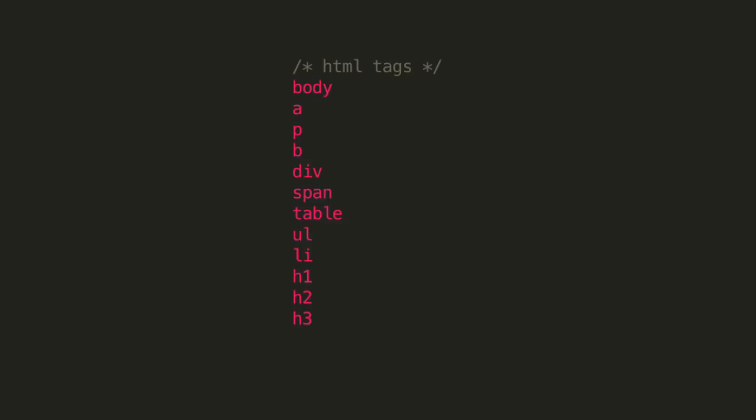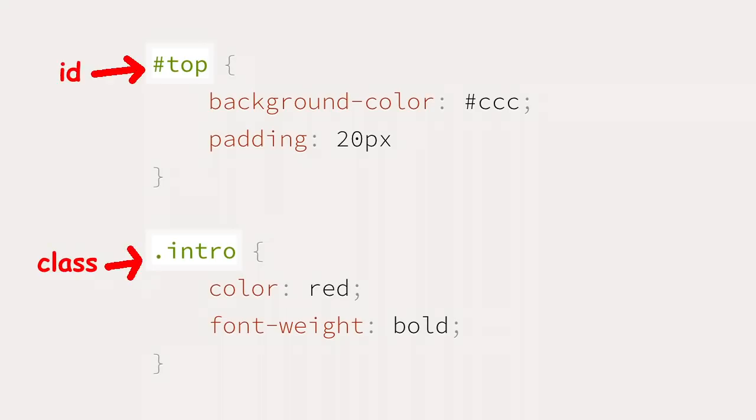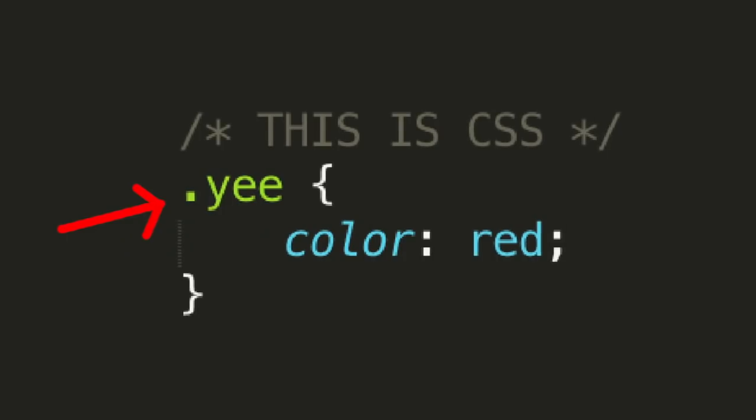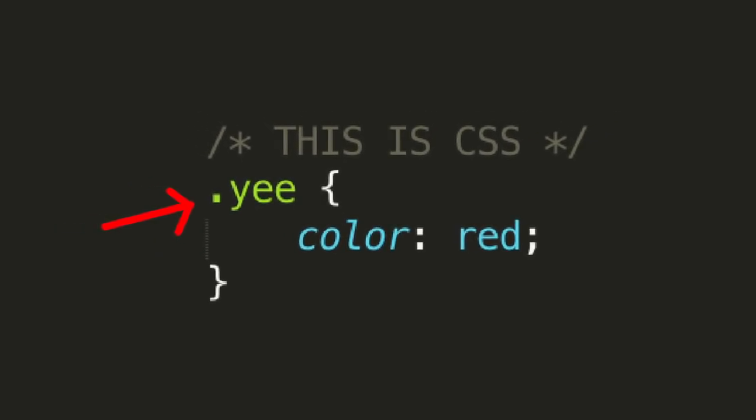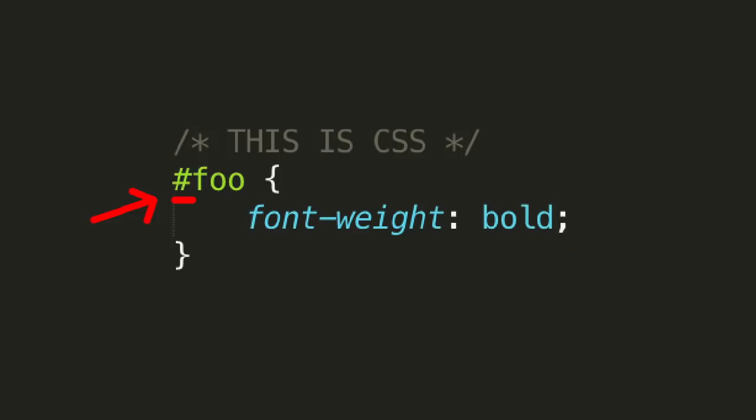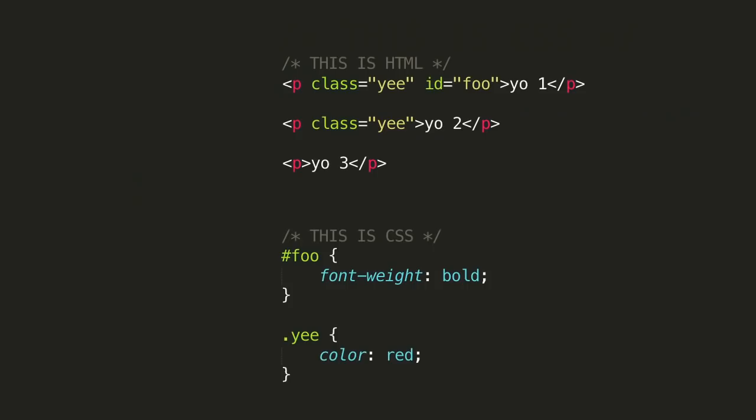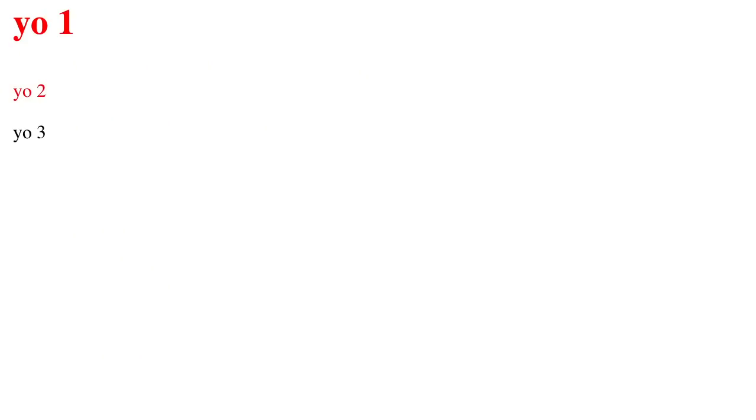This is a list of basic HTML tags that you can style with CSS. You can also define your own selectors in the form of class and ID selectors. The benefit of this is that you can have the same HTML element but present it differently depending on its class or ID. In CSS, a class selector is a name preceded by a dot, and an ID selector is a name preceded by a hash. This is an example of how to use IDs and classes in HTML and CSS.